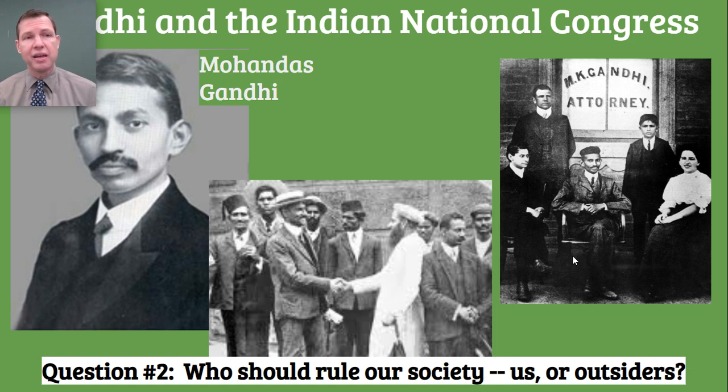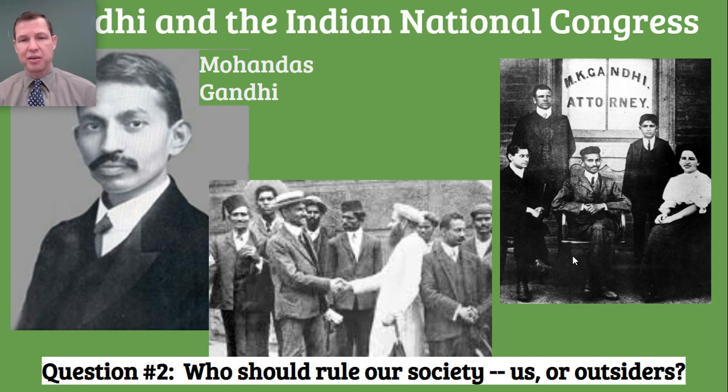Well, apartheid applied to people who were also called colored, so people from India. So they weren't Native Africans, but they weren't white Europeans either. And when Gandhi was practicing law in South Africa, he, of course, discovered that this policy of apartheid applied to him.